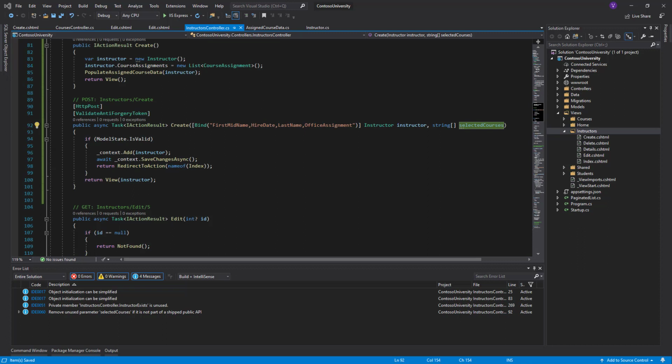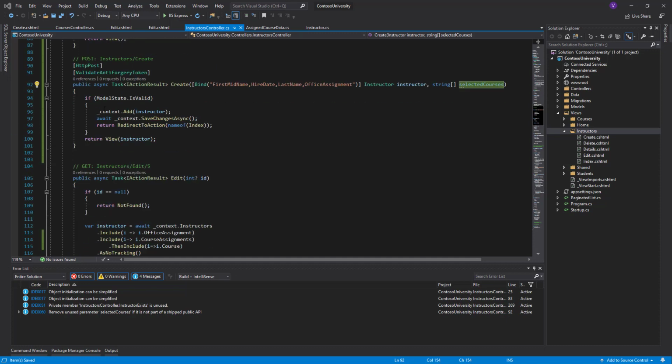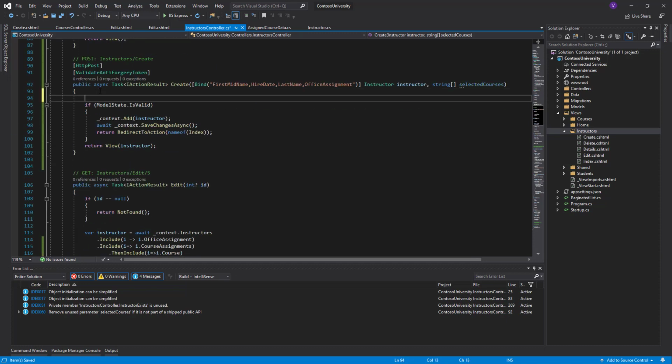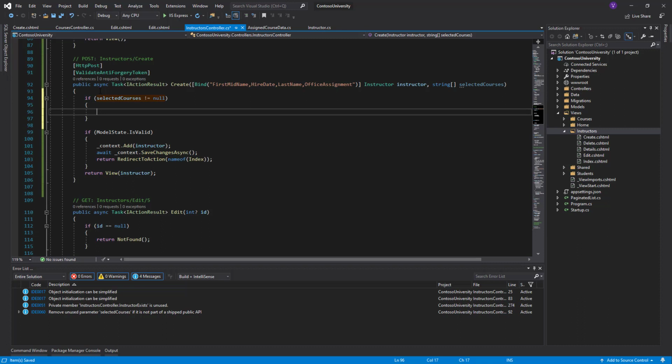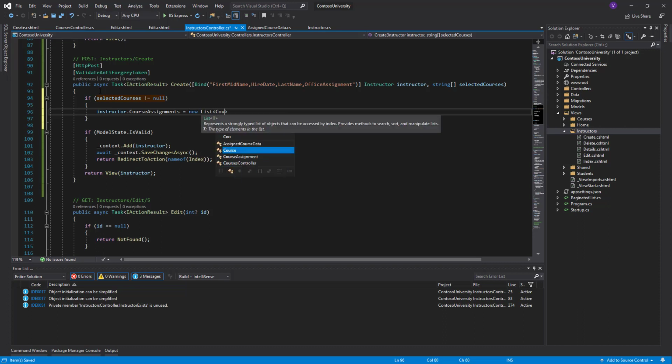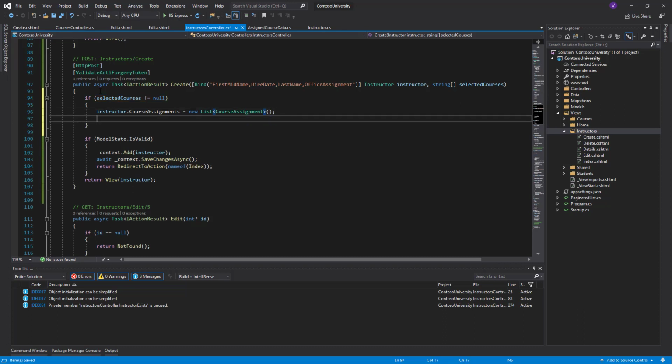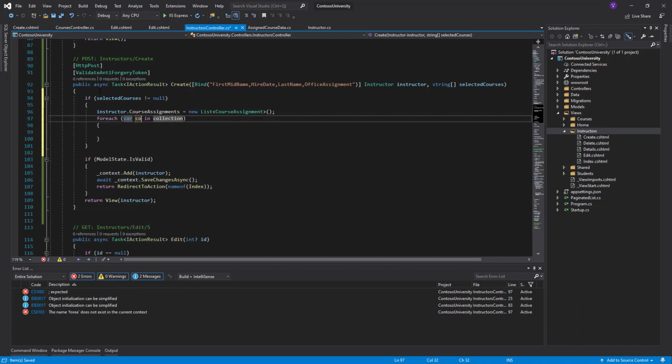So we should make it feasible, and it should be doable. If model is valid is good, but before if model is valid, we need to see whether there are any courses. So if selected courses is not null, then instructor.CourseAssignments is a new list of course assignments. Then for each var course in selected courses,